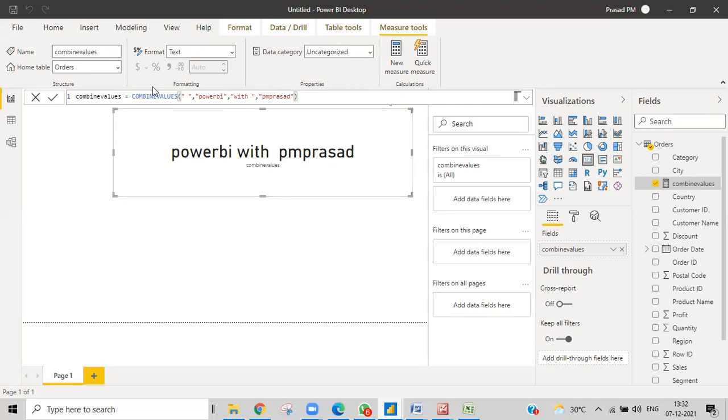Got it. The delimiter can be anything, but it can't be empty. It can be a space, but if I delete everything and give a blank, it doesn't take it. So for the delimiter you should give something, even a space. You may give any symbol, maybe at the rate of or a star, and you'll get the symbol. So that is what exactly it does.